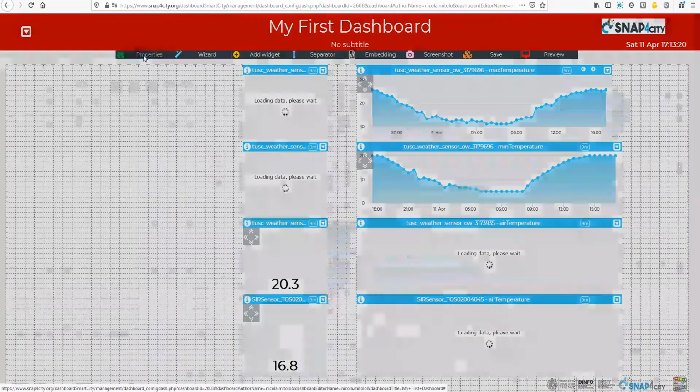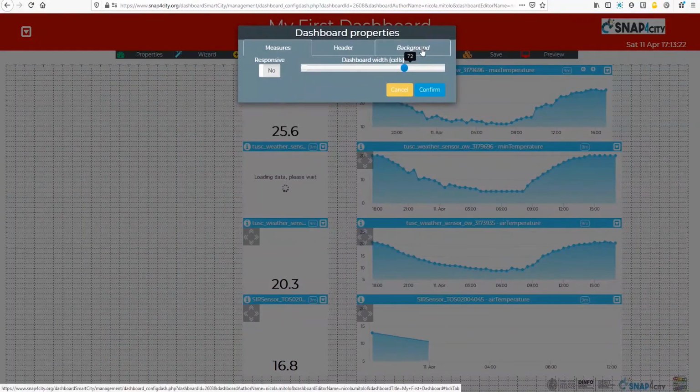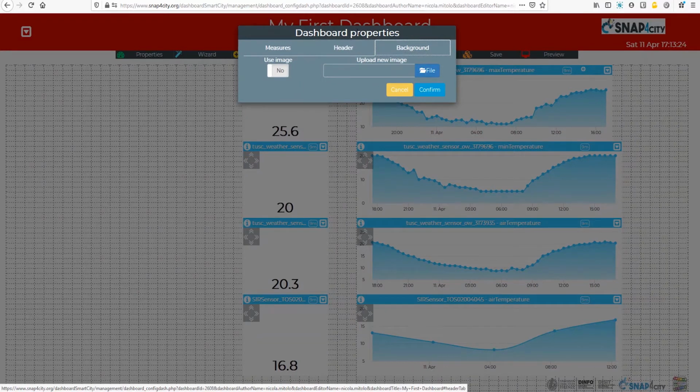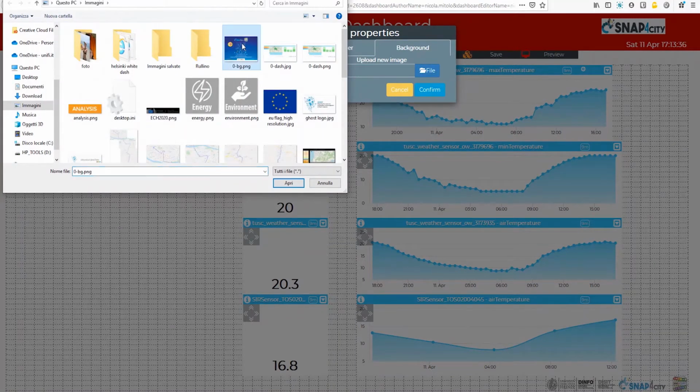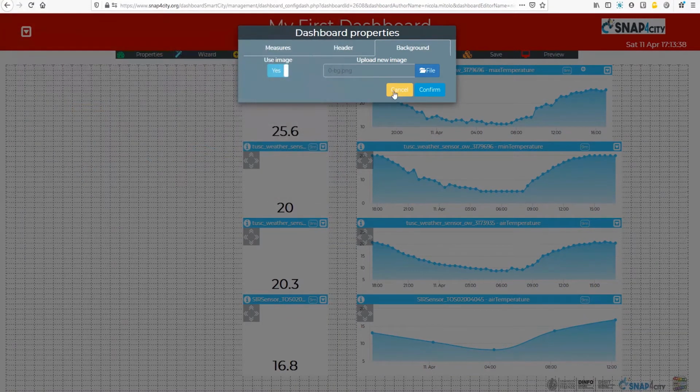Finally, on the background tab in the dashboard properties, I can load an image that will be shown in the background of the dashboard. So I can select an image and I confirm. So the image is loaded as background,